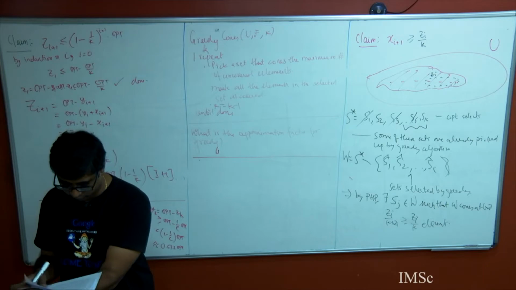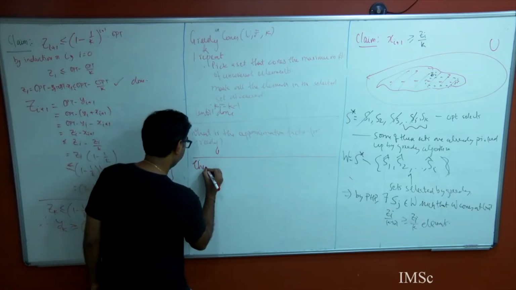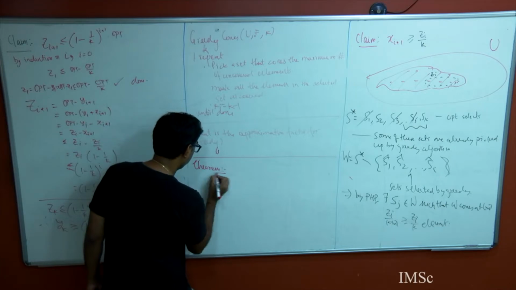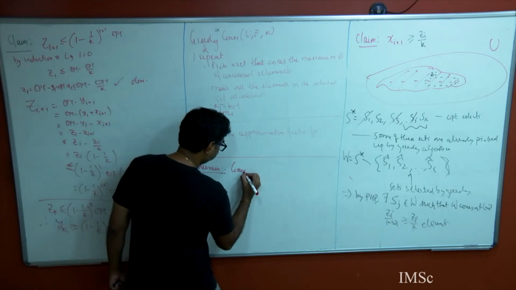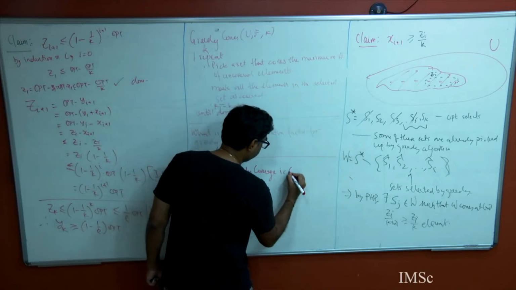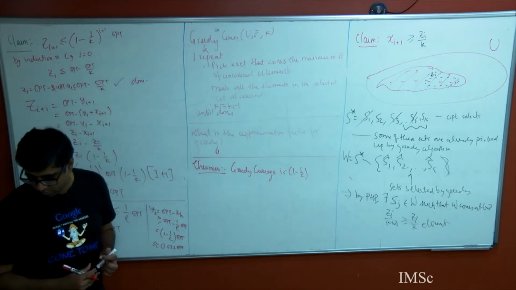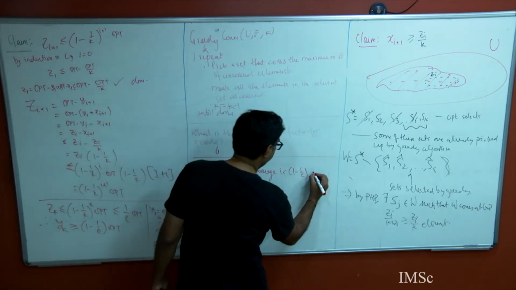This is the theorem which we proved. Theorem: greedy coverage is a 1 minus 1 by e approximation